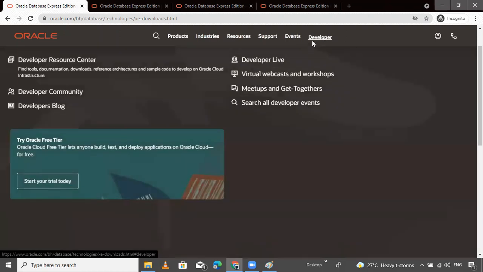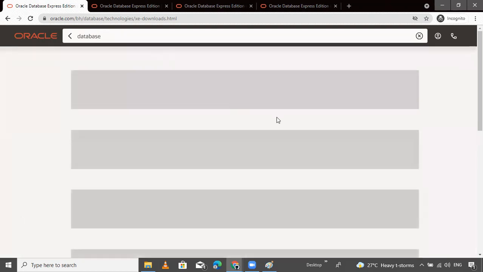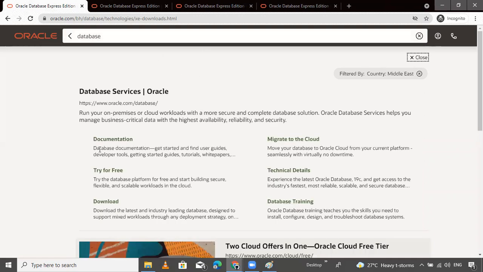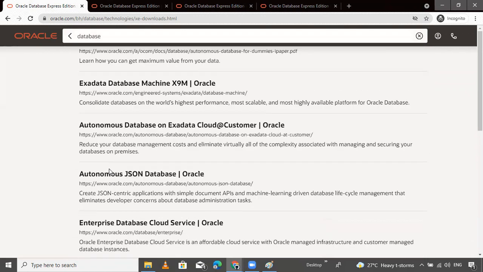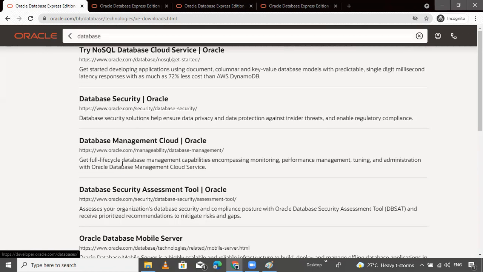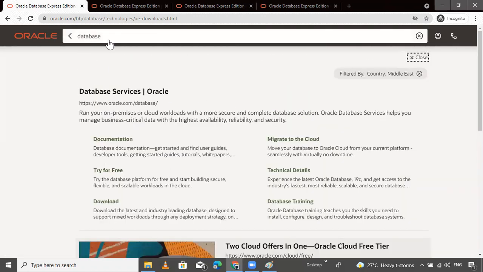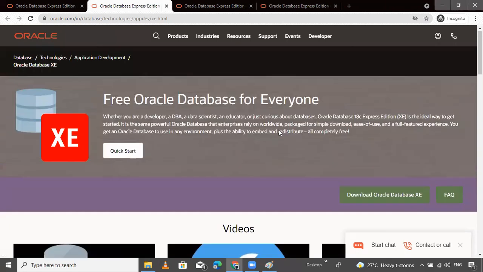This is developer. Developer inside the database category is there or not? Not database. Search event time. Are there any options like database, try for free, migration? I am showing this because I am using the Oracle ORCL version. Okay, ORCL services. That's why Oracle lets you download it. I think it's good here. Let me try.